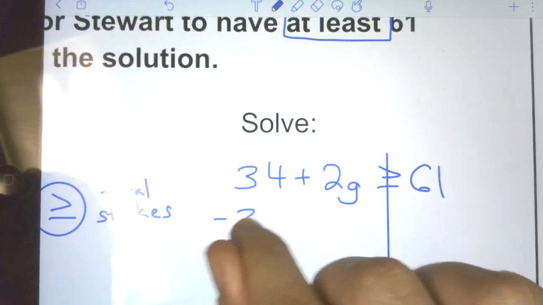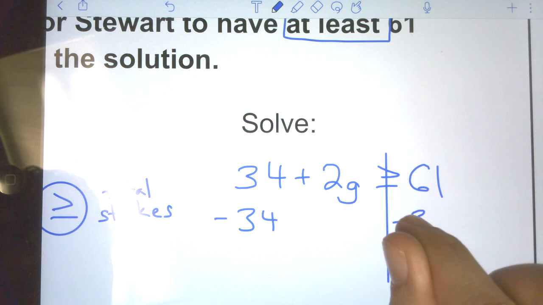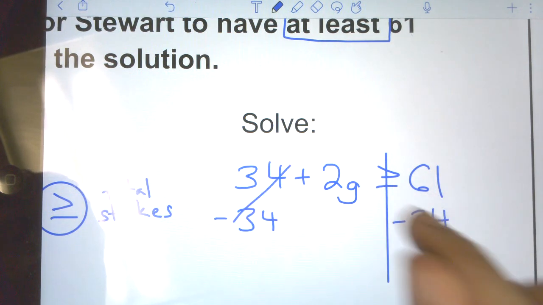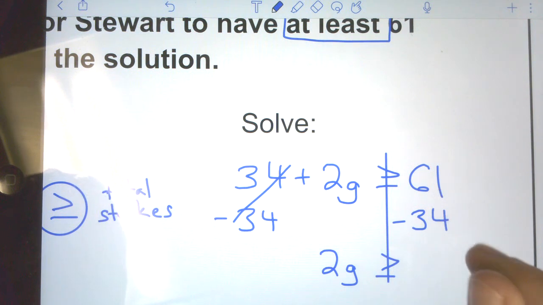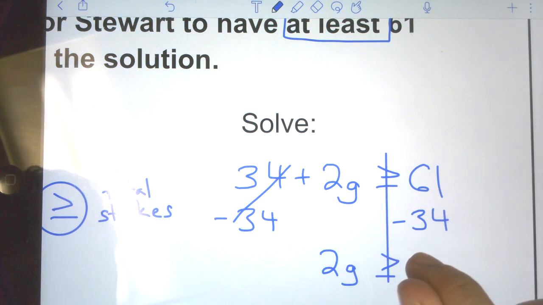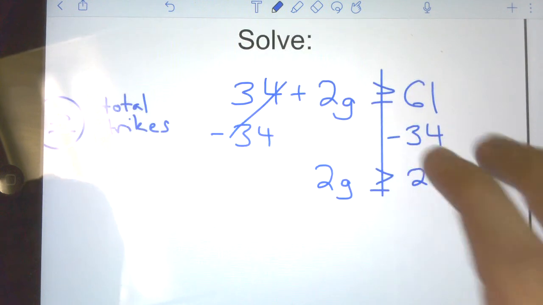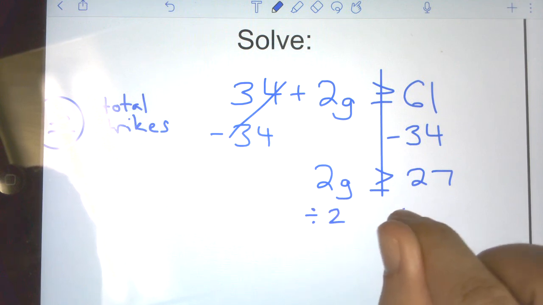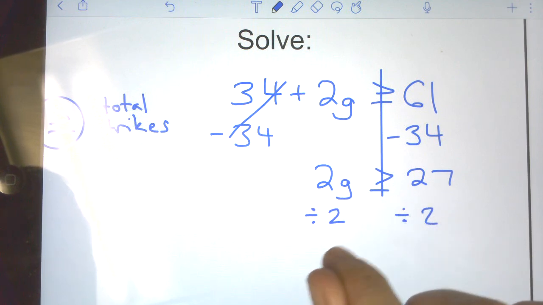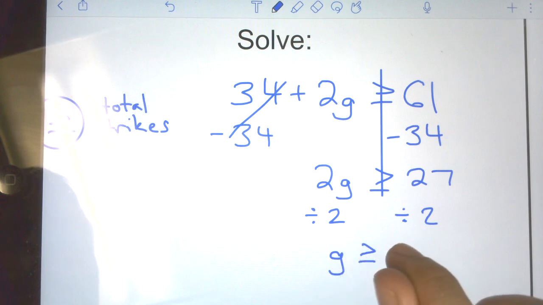I'm going to start by subtracting 34. These will cancel. 2g is on the left, greater than or equal to 61 minus 34, which is 27. And then your last step here is to divide both sides by 2, which gets g is greater than or equal to